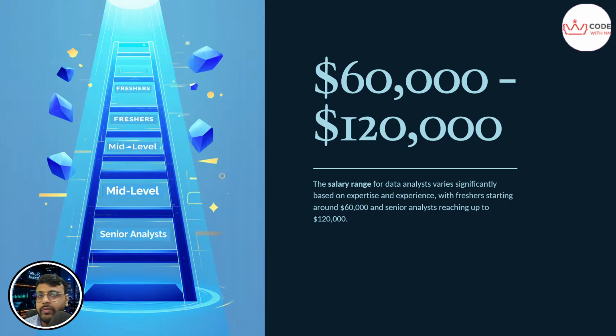It simply means how well your interview went. Let's look at exactly what pushes you to that higher number. For example, you can get $60,000 even if you are a senior analyst, if your interview didn't go that well. And in India, it ranges from 8 lakh per annum, and it can go up to 35 to 40 lakh per annum. So this is the salary range, and I know hearing these numbers you are very excited. Oh, I can earn 8 lakhs, I can earn 15, and I can earn $60,000, which in INR is much more. So the numbers are good, and they are paying very well.